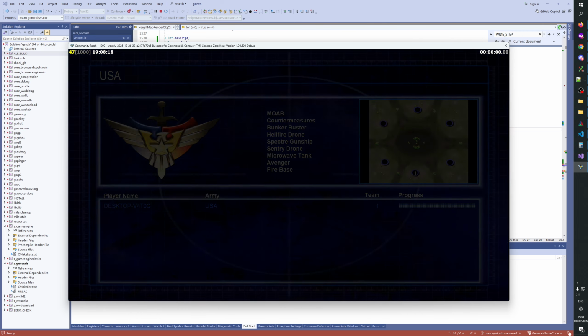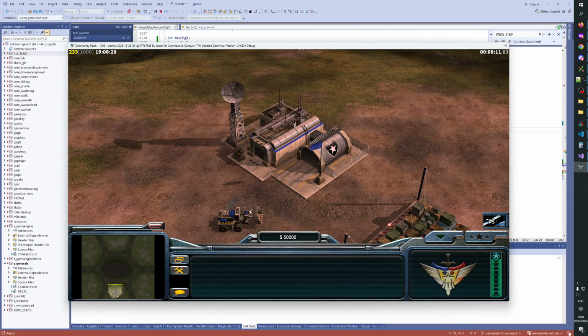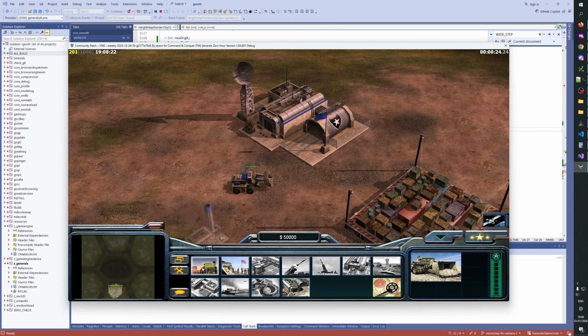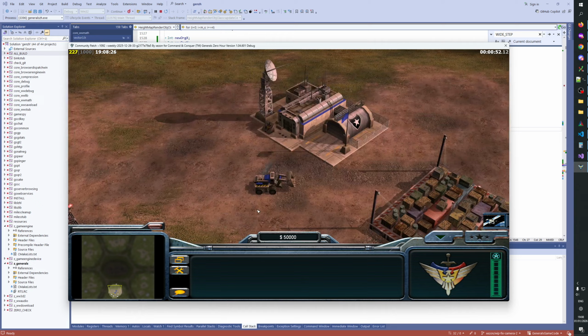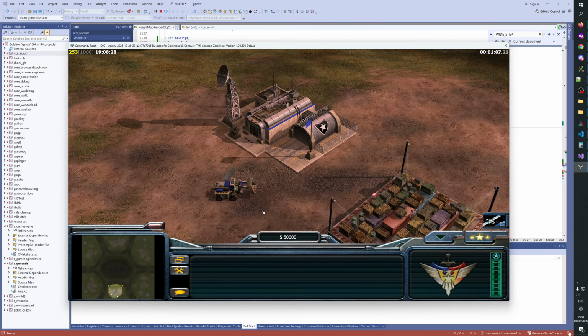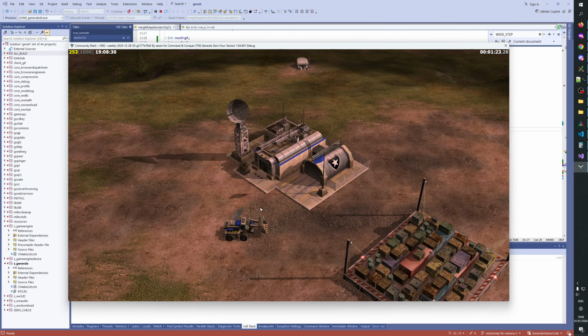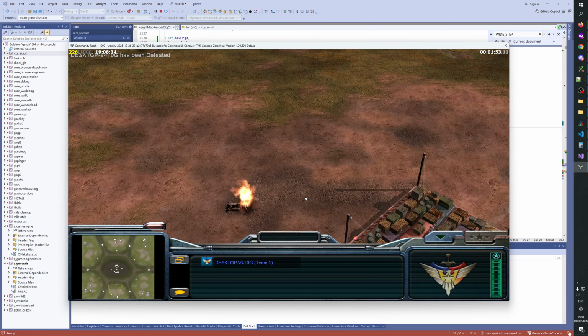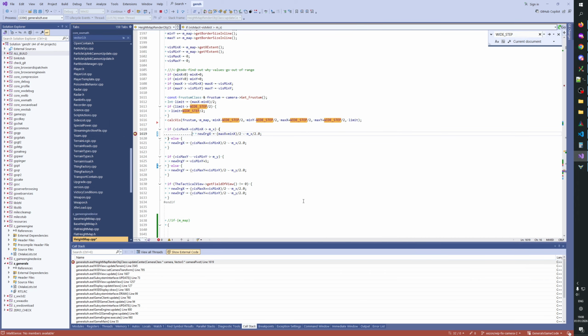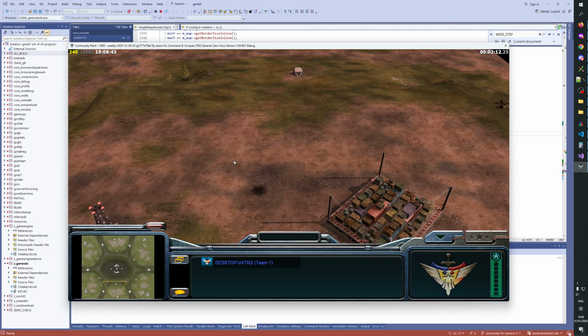That's my current thinking here. But for that, we need to detect. Let me do